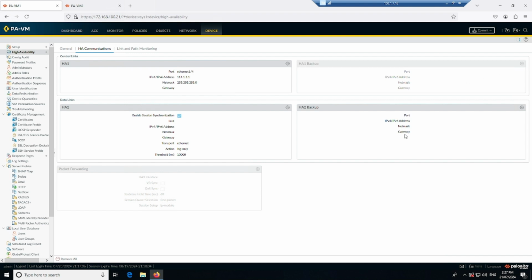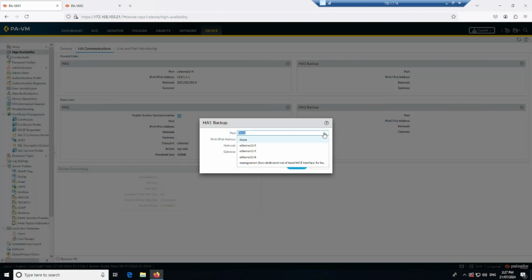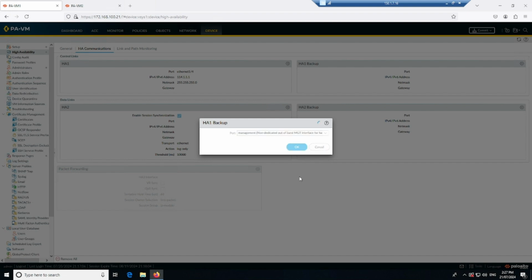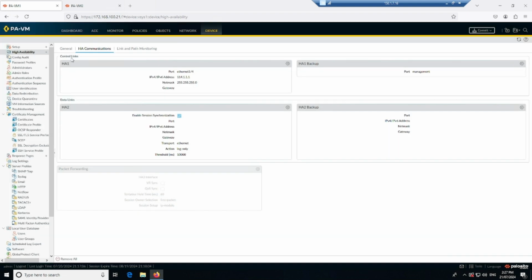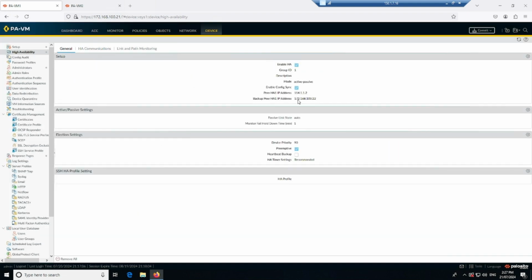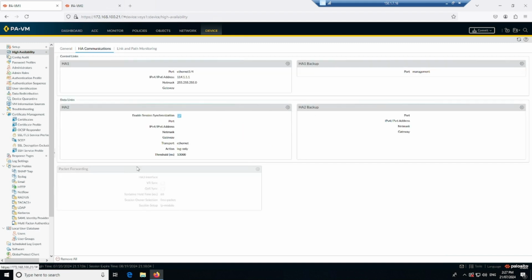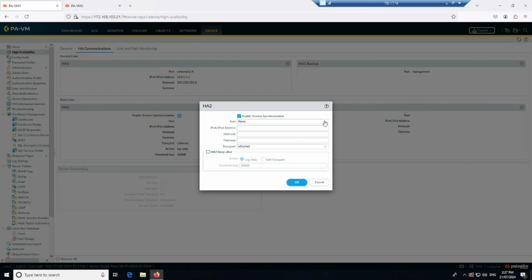And again, the backup, as we said, we are going to select as a management. I will select the management, click on OK. All right, so let's go back to general, make sure that these two have been filled up. Now with the data links, I will do the same thing. So Ethernet 1/5 will be my primary, which will be